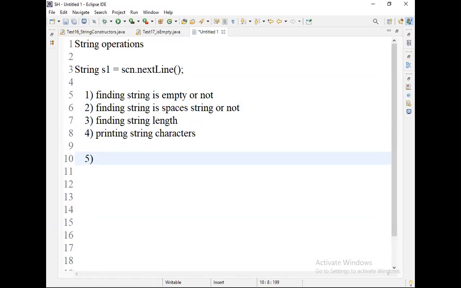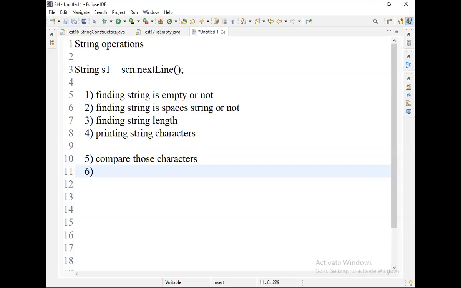Right. Now, the fifth operation is what? If a string is not empty and some characters are there, I want to compare those characters to see whether they are the expected characters or not.